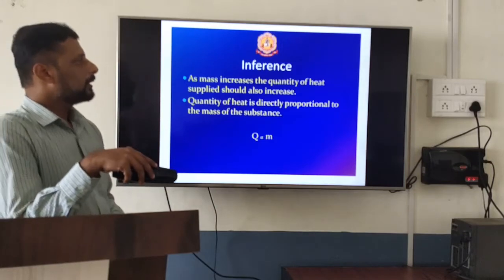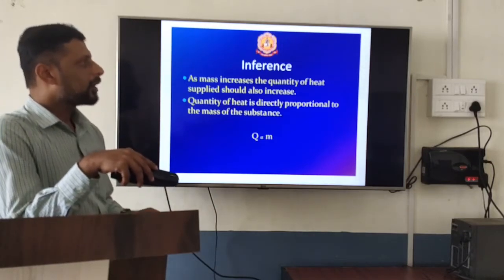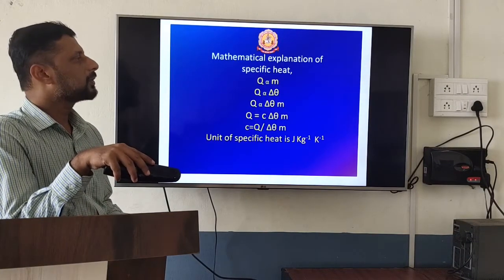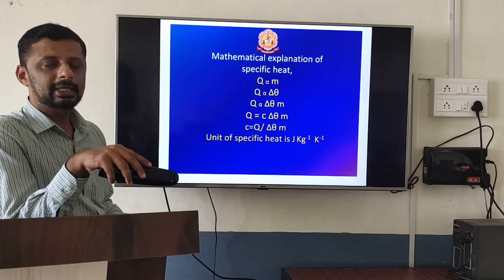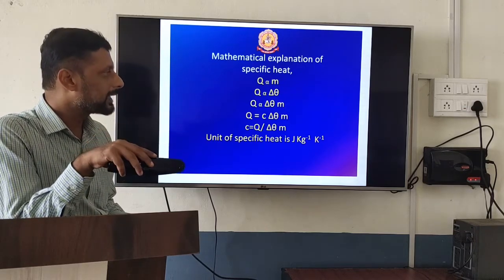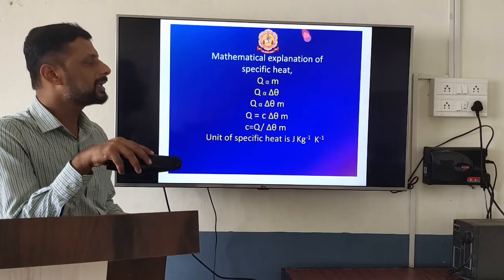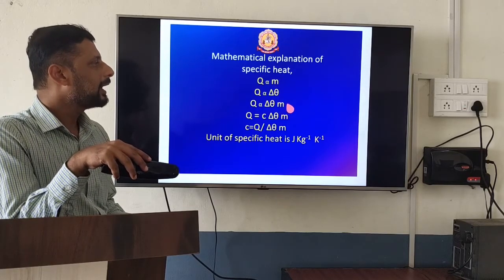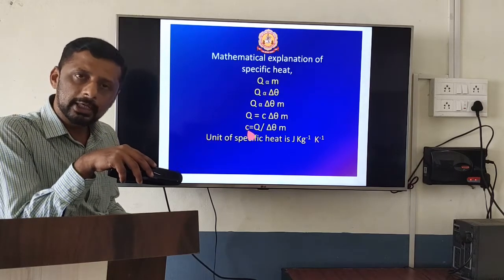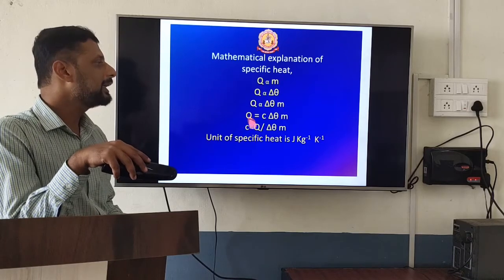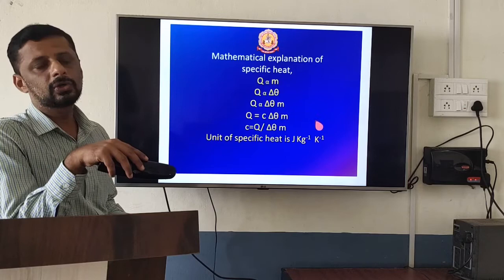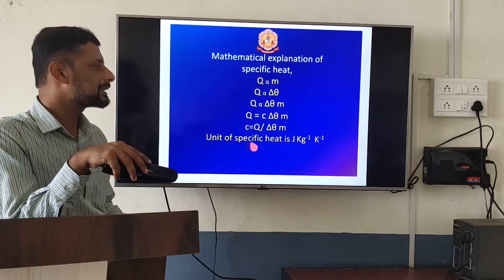Therefore, quantity of heat energy supplied is also directly proportional to the mass of the substance. So now I am going to write a formula for what? Specific heat. Combining all these terms, in the first experiment you come to know that Q is directly proportional to delta theta, and after conducting the second experiment you come to know that Q is directly proportional to M. Combine those two, you can write Q is directly proportional to delta theta and it is directly proportional to M also. So in terms of a constant of proportionality, you can write Q is equal to C into delta theta into M, where C is equal to Q divided by delta theta into M,